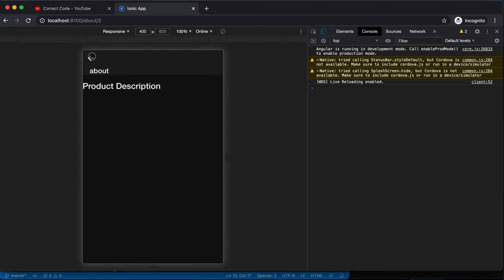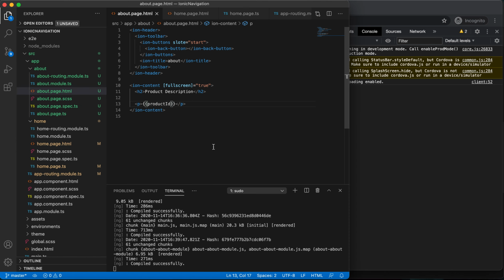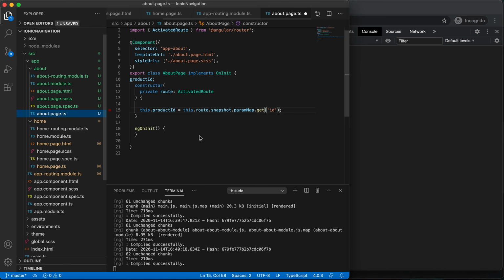So the product ID is not coming, some issue is there.